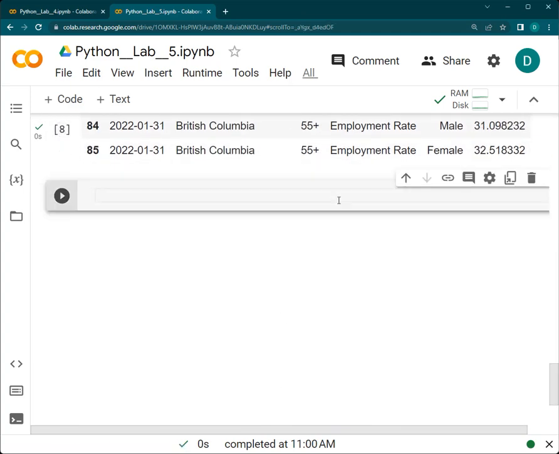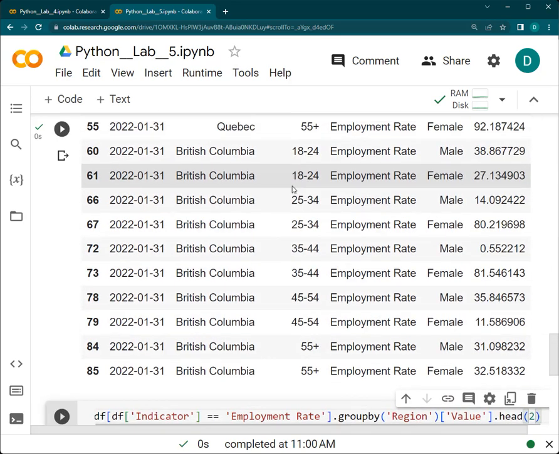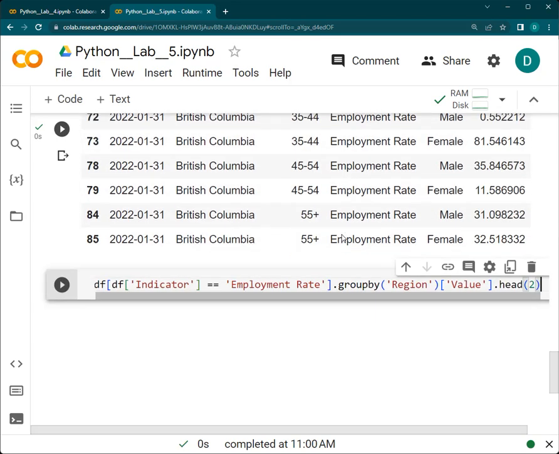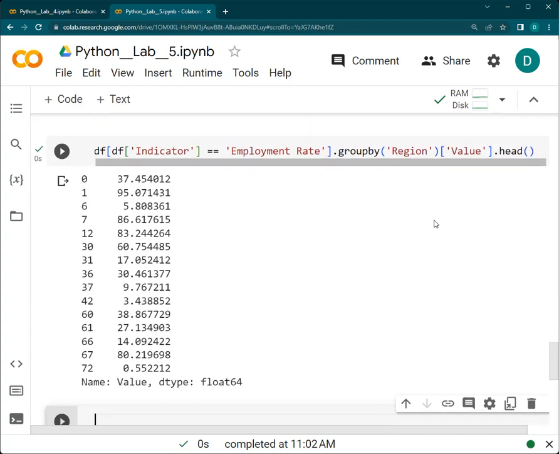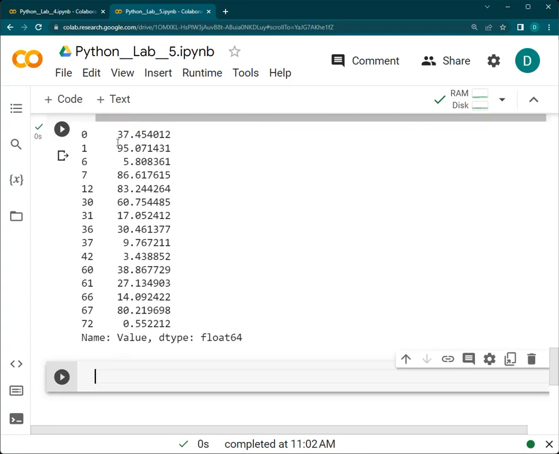So I'll come here and I'll chain it again. So you are simply saying from this next column, so this is what we had initially, group by region. Now we want to extract the value. Okay, and of course I won't just say that, I'll leave it for it to give us the first 5. Shift Enter. And here we go. You can see here we have only the values which have been given. So this is just to show you this is to help you understand what we will be using for the